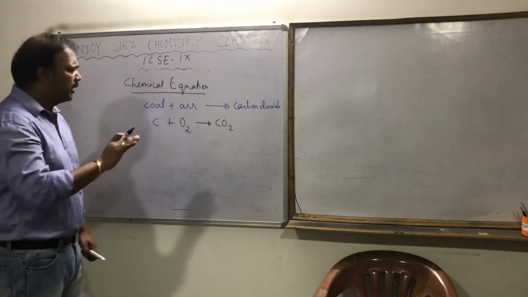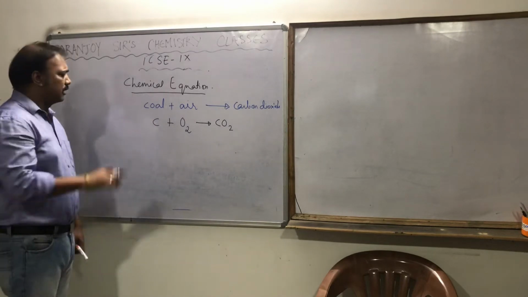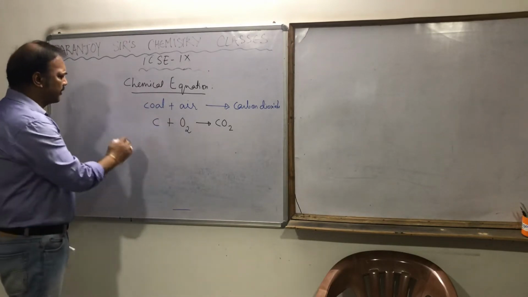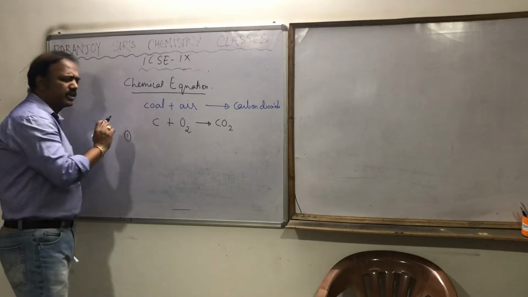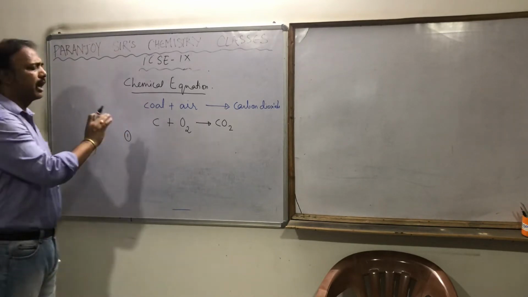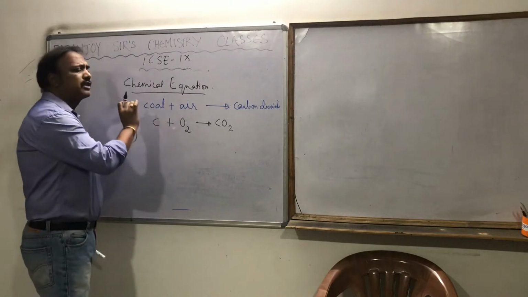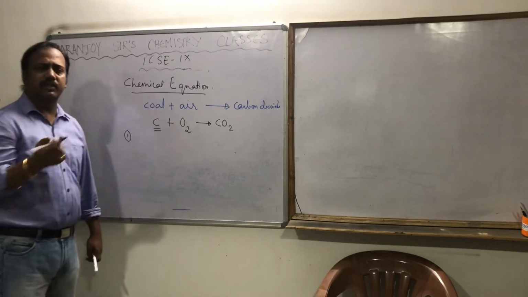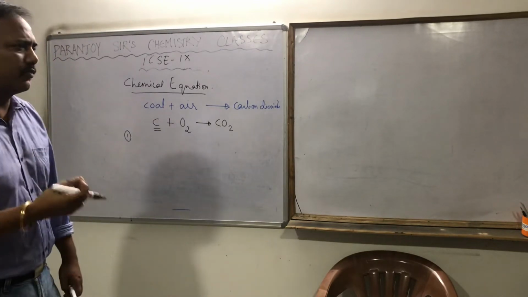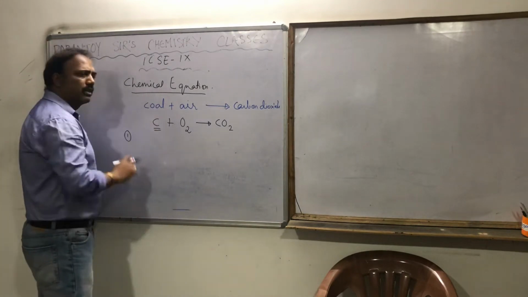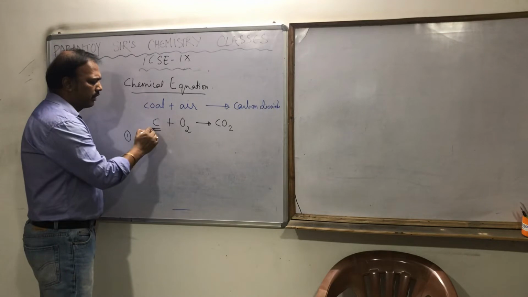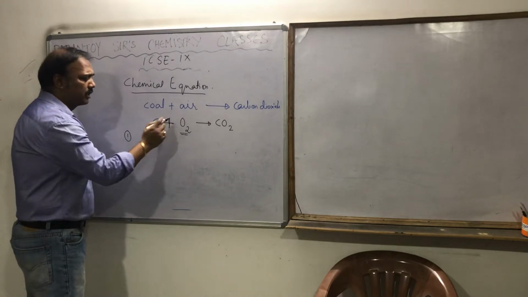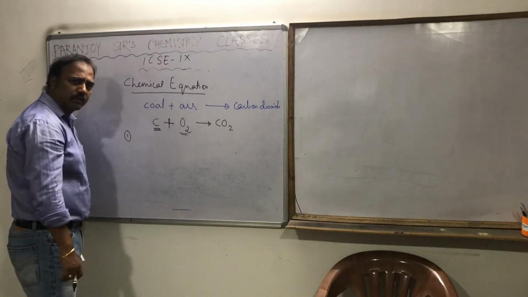Okay, fine. But we have to go into the detail of it. How to write down the chemical reaction? Obviously, you can understand from here that the first step we should follow is that we should write down the symbols, rather I should say the formula, the molecular formula generally. Carbon is a monoatomic molecule, that is why it is written as C. We write the molecular formula of every individual undergoing the reaction, with a positive sign in between them.